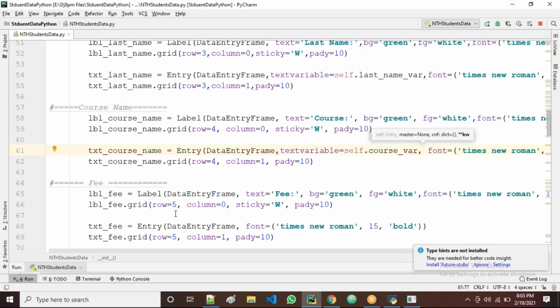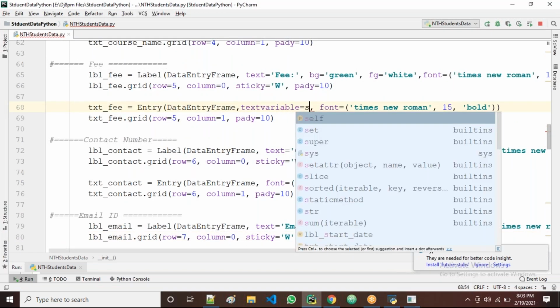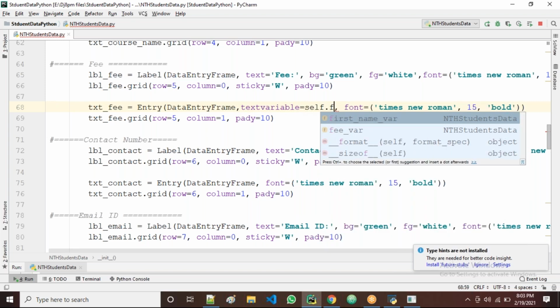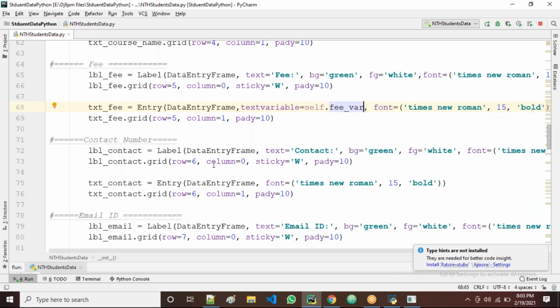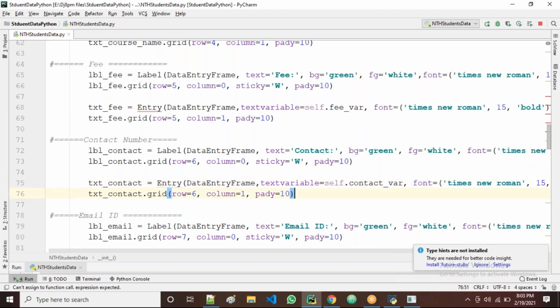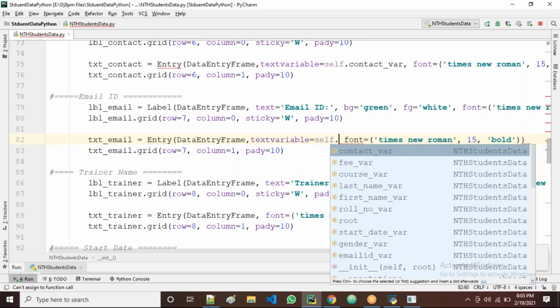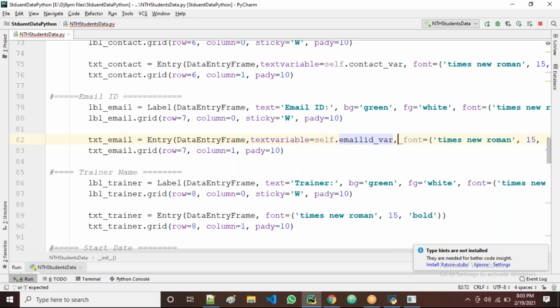Next one, coming to the fee entry: self dot fee, the fee variable, guys. Next, here also, I'm taking every entry: self dot contact, the contact variable. Next, self dot email, the email variable, guys.